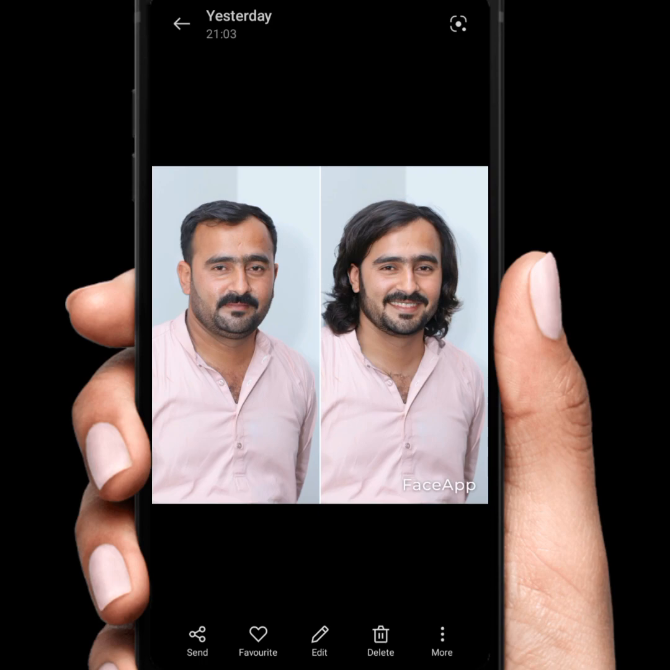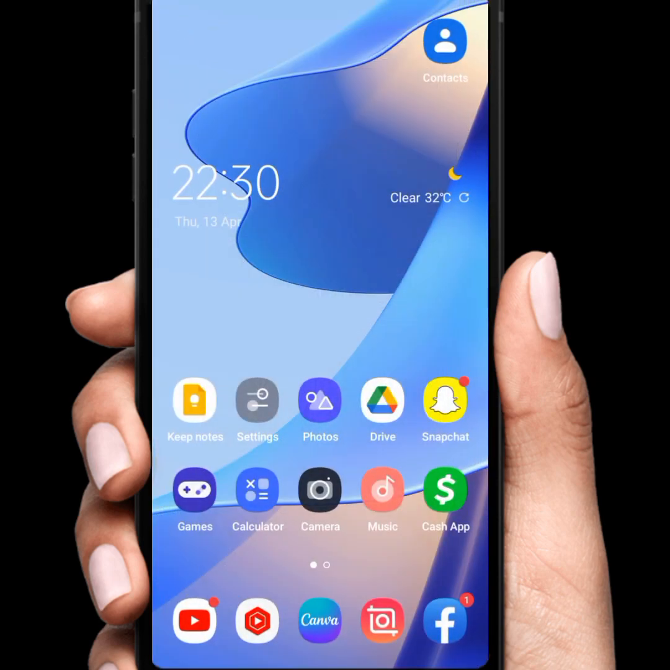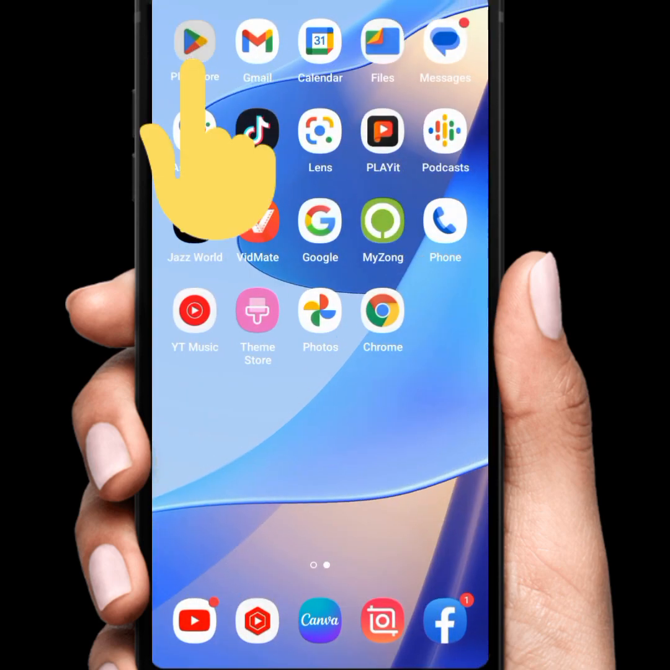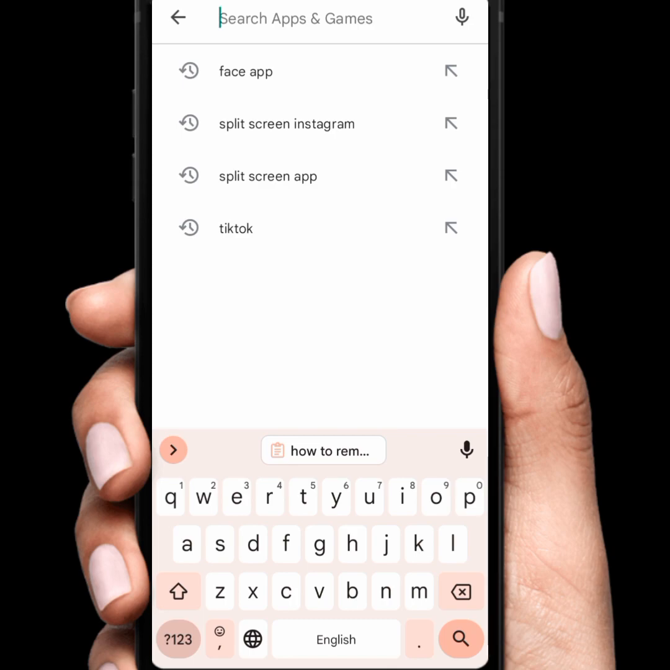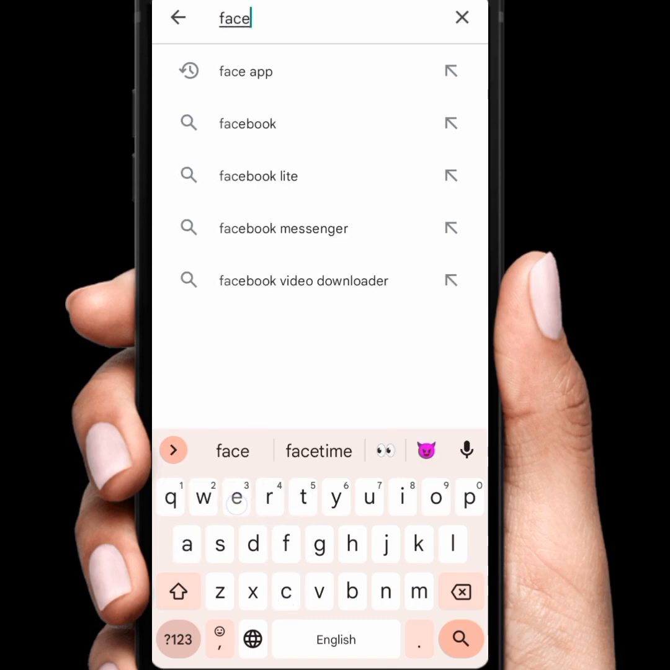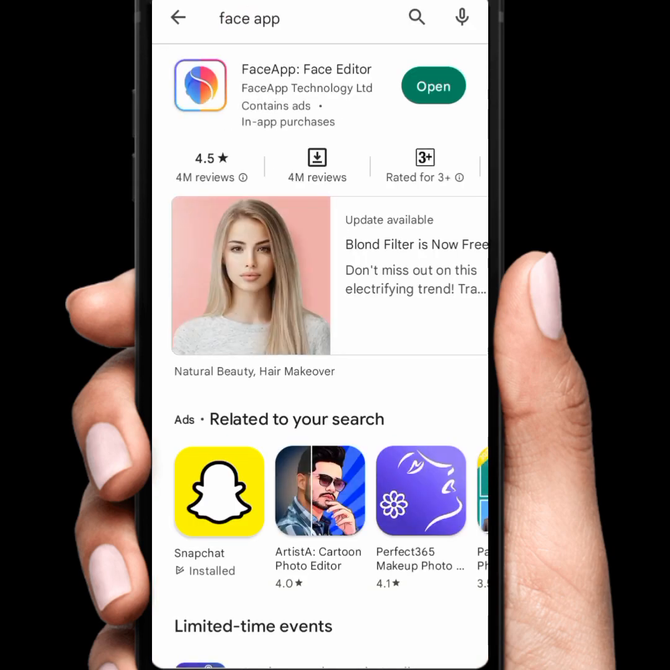First of all, go back to the home screen, and after that open your Play Store or App Store, and from here search for this Face app. Tap on Face app. From here what you need to do is install this app, Face app, and after installing it, tap on open,